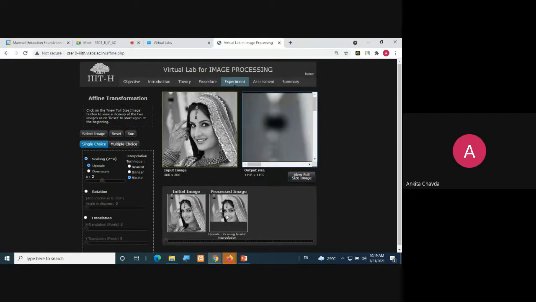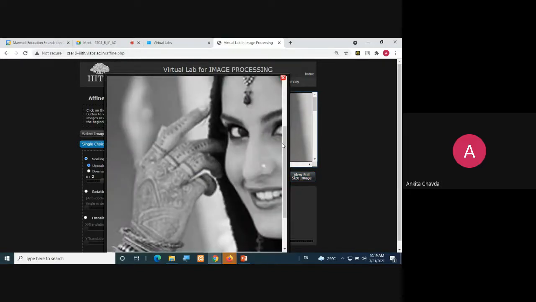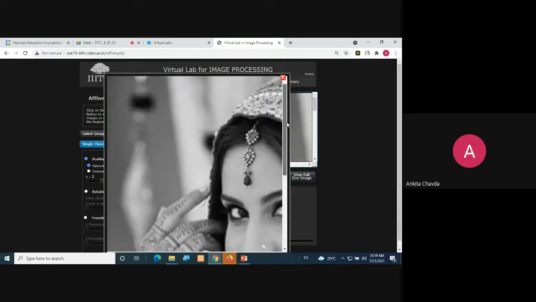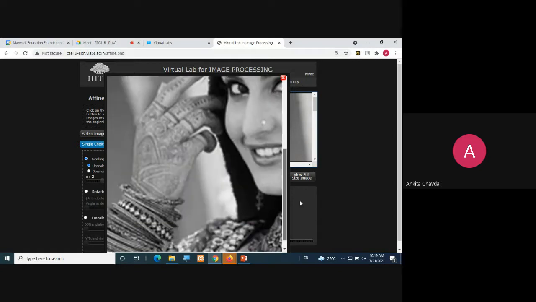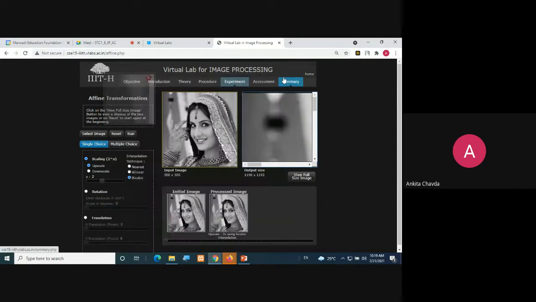It is loading the image because the number of pixels has increased. So you can see this. This is how you can check which is better than the other. I hope you are getting it. Fine. So this is your upscaling.